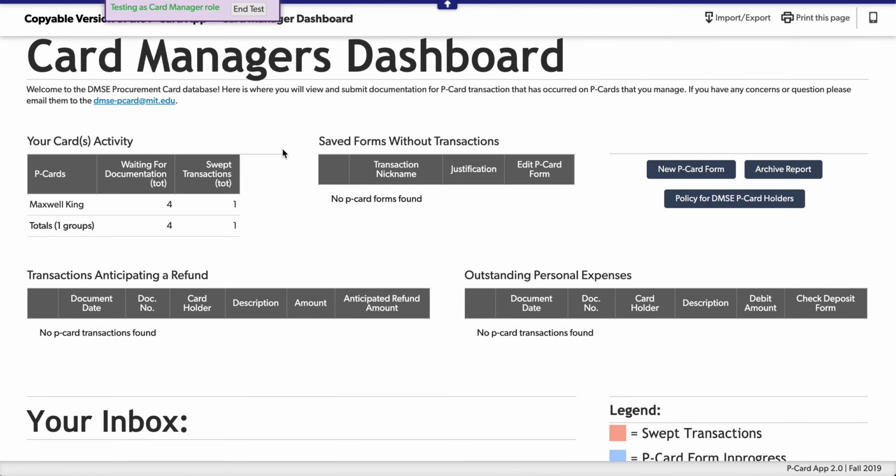Moving our way over, we have same forms without transactions. In this app, we created a way for you to start a P card form or start the justification attaching a receipt before the transaction actually appears within this application. This allows you to pre-plan how you're going to submit documentation for those transactions. So say you bought something and it actually takes a few days for it to appear within this inbox,